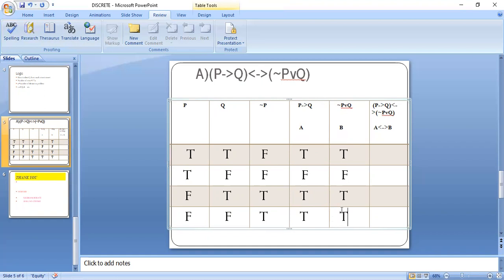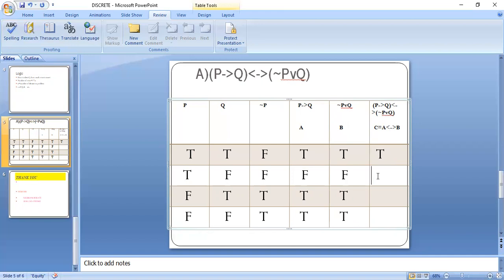So we take A and B. In the last column, capital C is equal to A double implies B. T double implies T is always true.